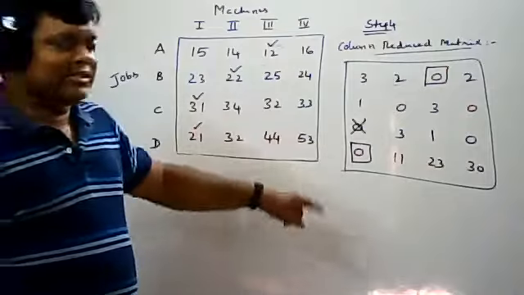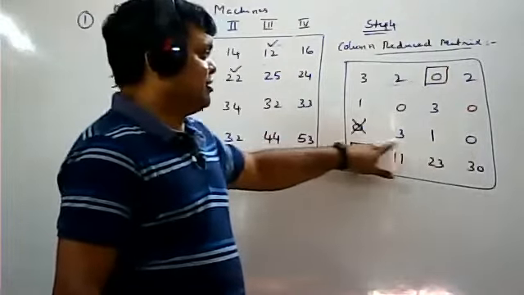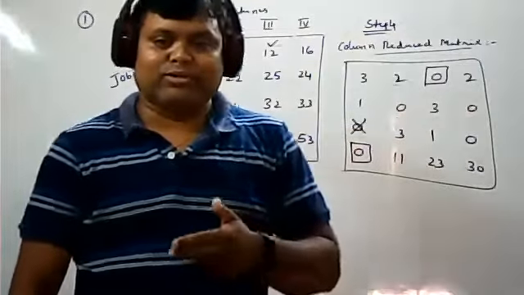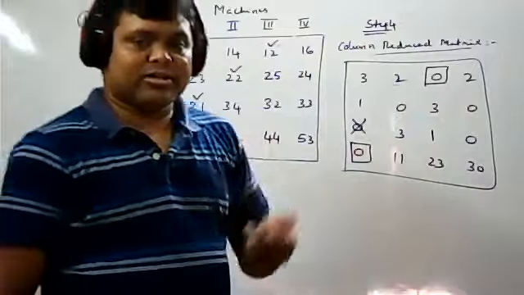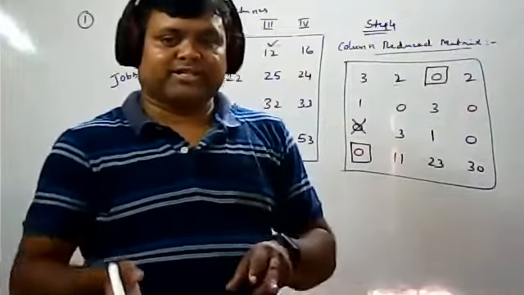Is there any row that consists of a single zero? Now this is cancelled, which means the third row has a single zero available. For the second row you have 2 zeros. If a single zero is not available, only then do you go for 2 zeros. If 2 zeros are not available, only then will you go for 3 zeros. If no zeros are available, you can stop the process.